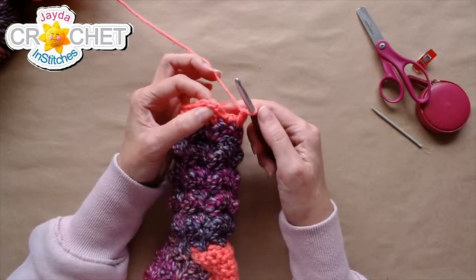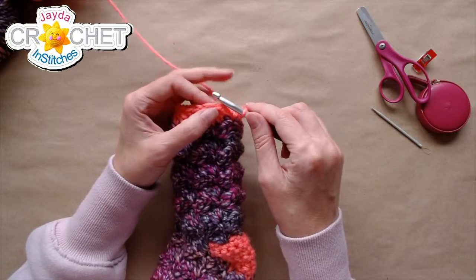All right. I've worked a double crochet in every stitch around. I'm going to join with a slip stitch to the top of that chain 2